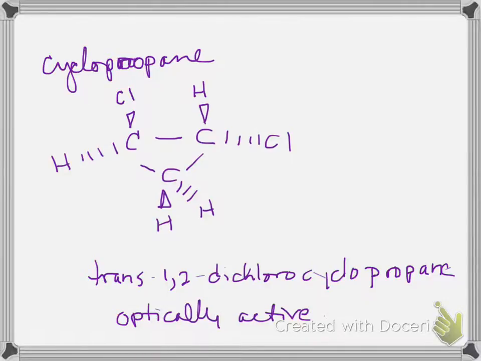Here we have a trans 1,2-dichlorocyclopropane. It's optically active because there is no plane of symmetry. So this enantiomer will rotate plane polarized light in one direction. Its mirror image, I'm sorry,